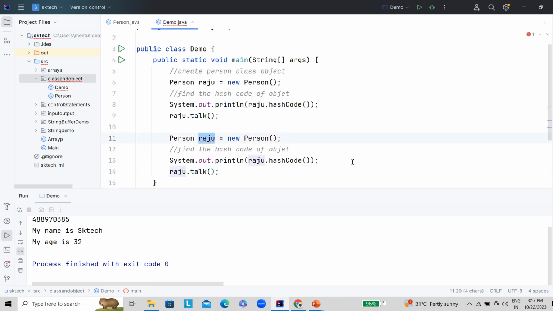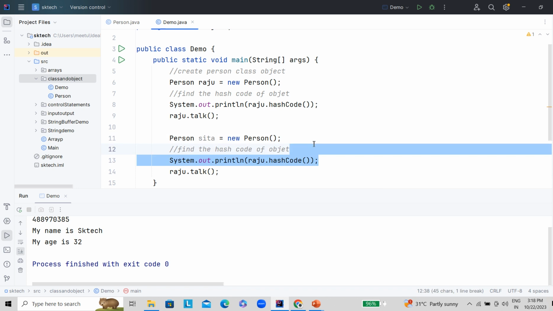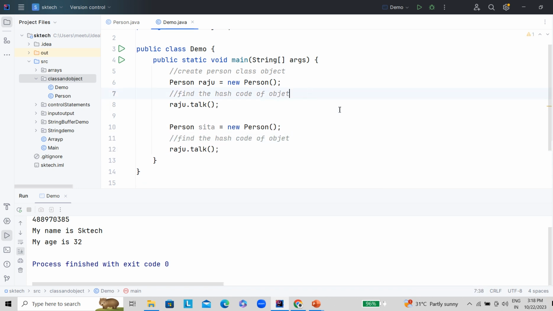And here instead of Raju, let's say we are giving Sita, right? Because Sita is also a kind of person and Raju is also a kind of person. And if you are running this program, let's remove this hash code thing first.